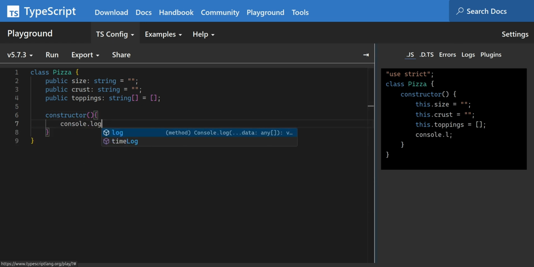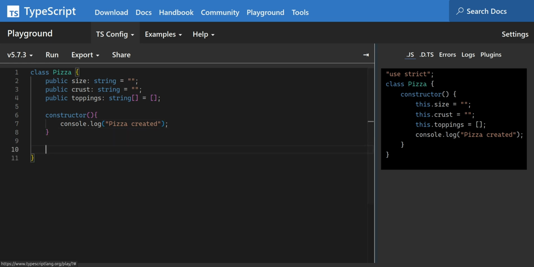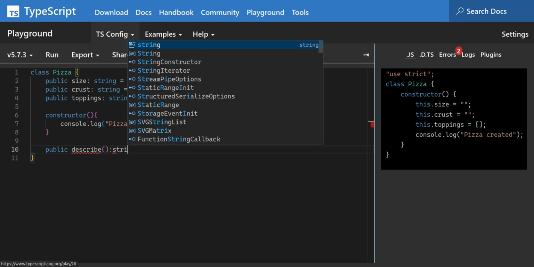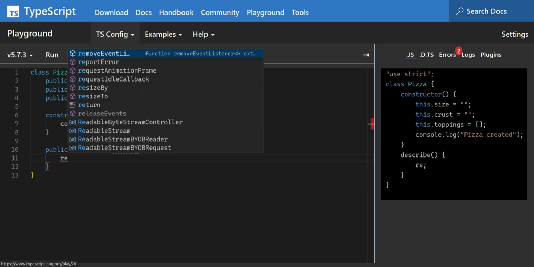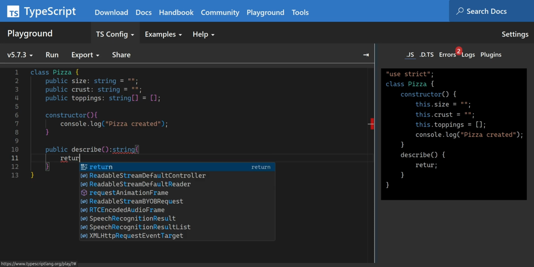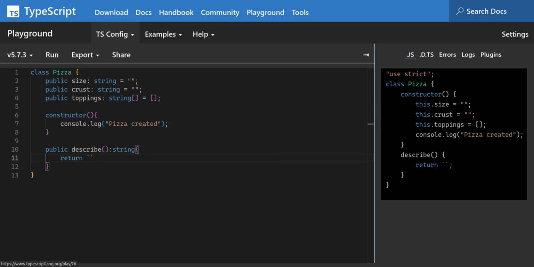In the constructor, just let me console.log "pizza created". And just one method, I want to create a describe method here. This describe method returns a string, and the string is a description of our pizza. Return description. First of all, say the size of pizza,